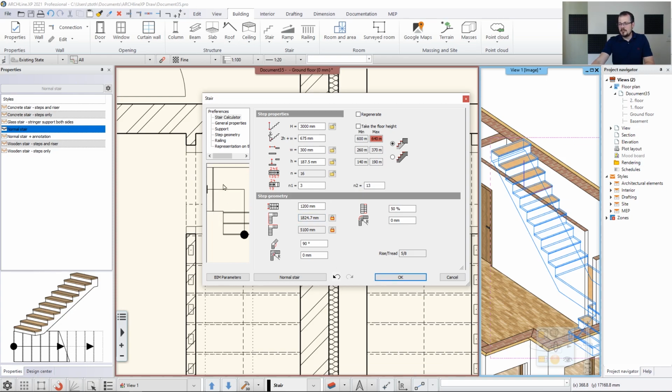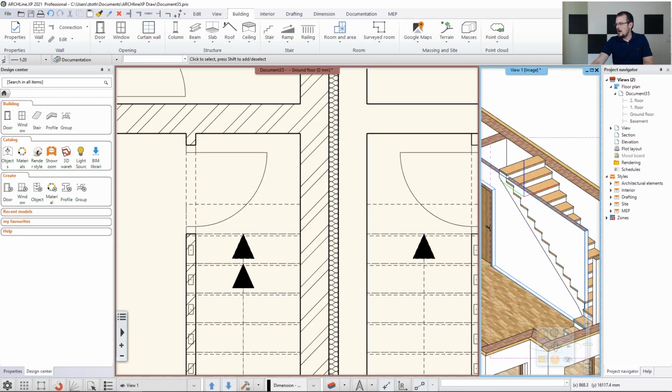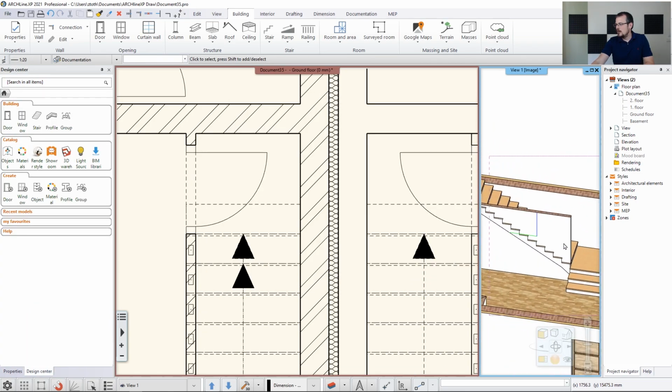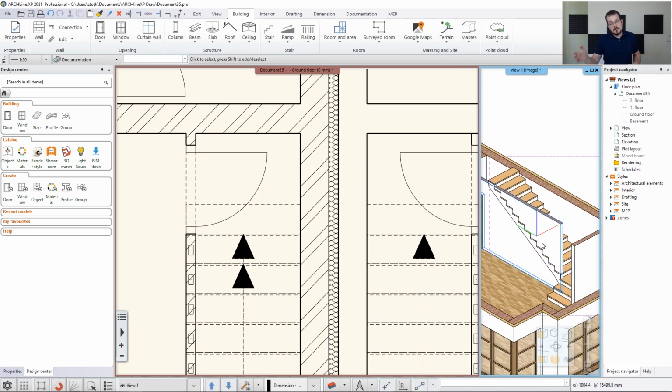There's one thing which is not okay, and this is this gap over here. So I need to make sure that this value is actually reflecting, so that should be a line over here. That's what I'm trying to say. I need to unlock this value over here and type in the proper value, which should be 4800. And that would give me the actual result that I need. So the rest of the values should be okay as they are. Let's hit OK. And now I see that there's a very nice staircase over there with one issue over here,